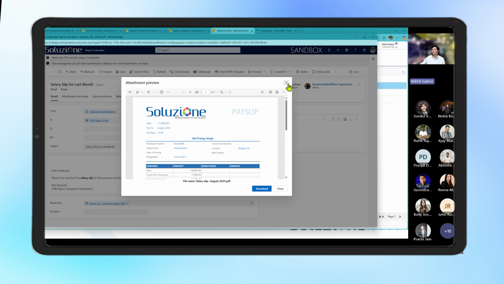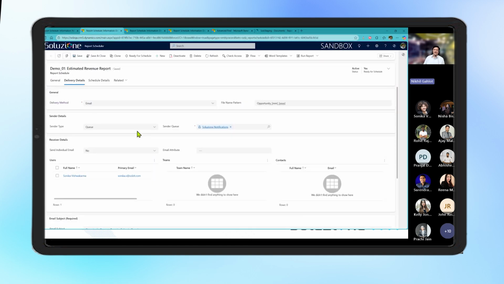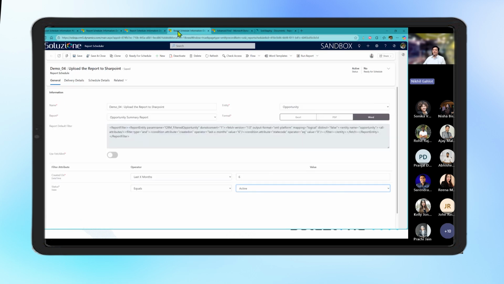All right. Obviously, this is all dummy data, but the idea or the notion is the report can become dynamic. If you want to execute it for your golden accounts or top tier accounts, and say, send them every month what are the activity reports that our team has conducted with them, each account at the end of every month can receive their individual activity or engagement report accordingly using the report scheduler. Maybe there is a last scenario, which I wanted to share, which is to upload